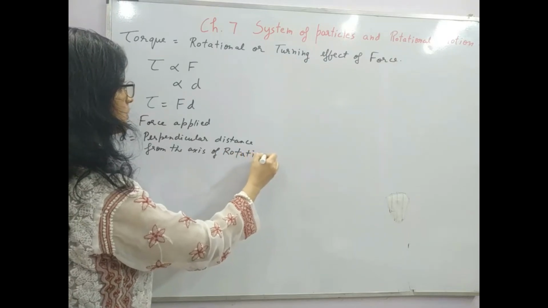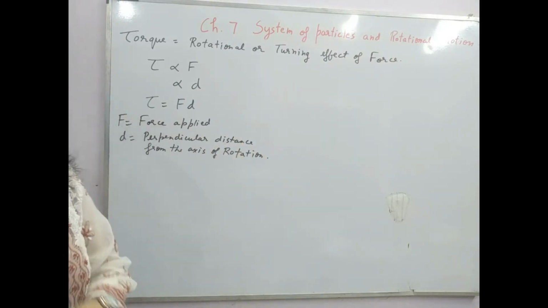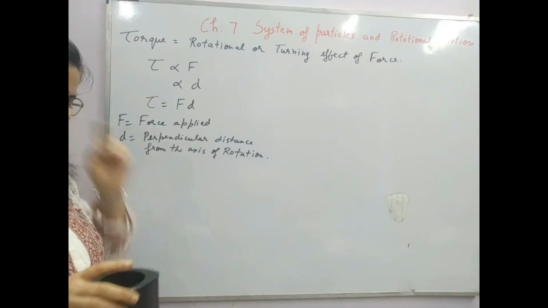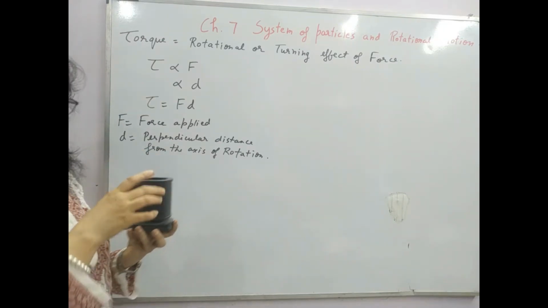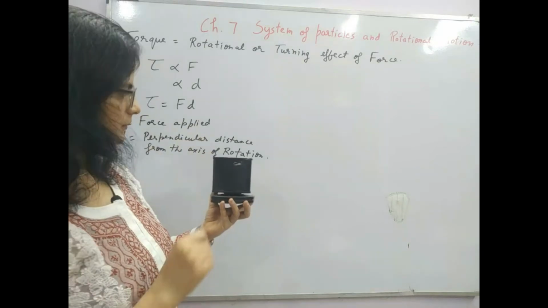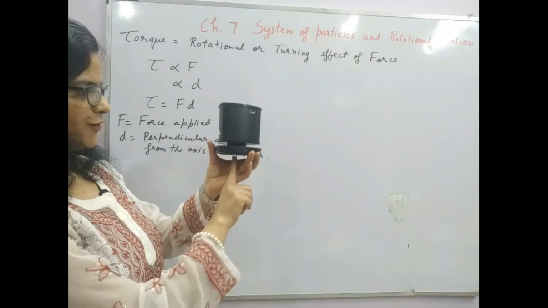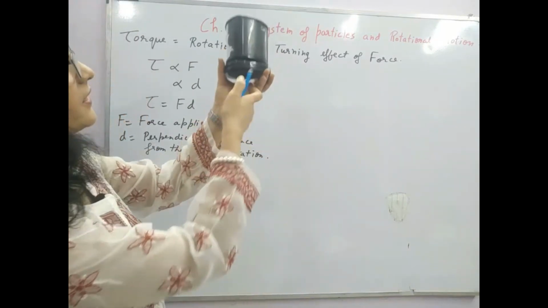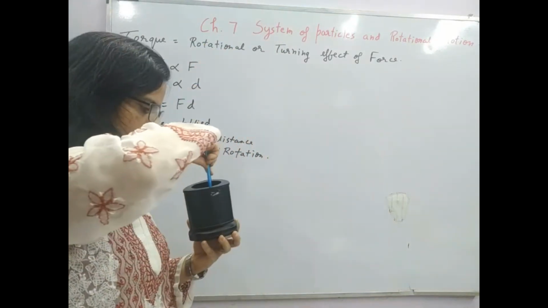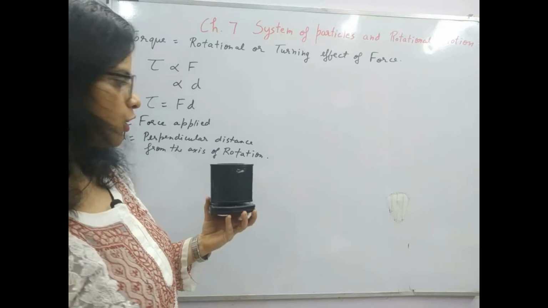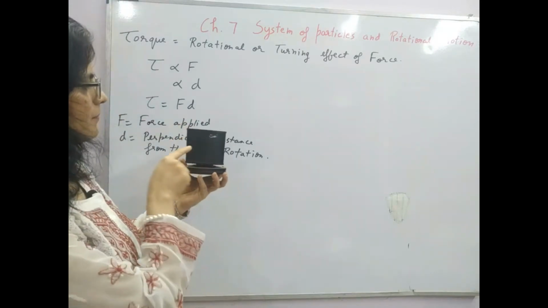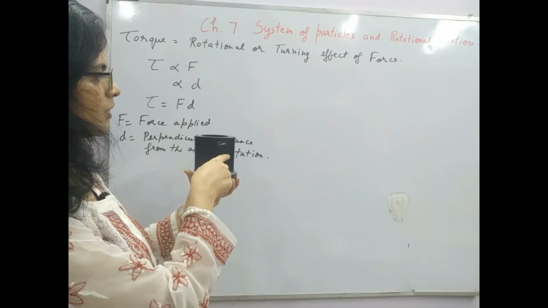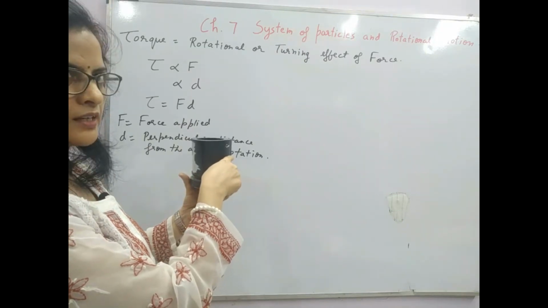Now let's check another case. I have to draw a diagram. I want you people to relate with that diagram. Suppose this is the object. Now this is fixed about the central line. So there is a fixing at the base with respect to the central position here, right? So that's why if I am applying a force over here, it will rotate.